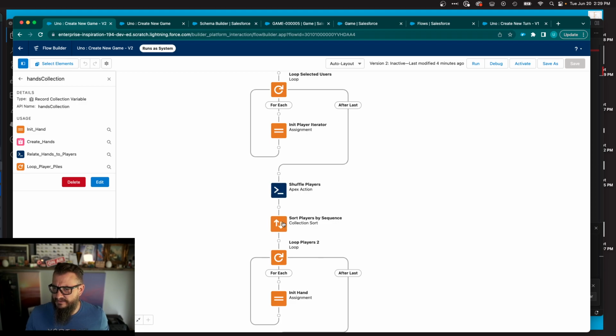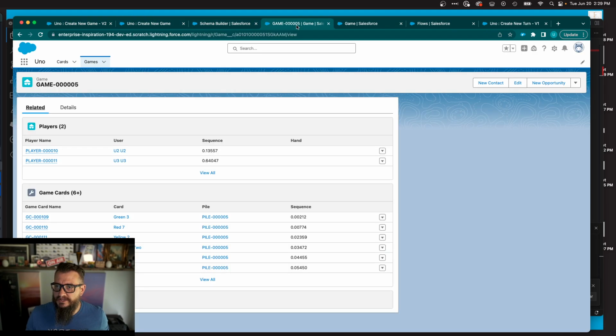Okay, so something didn't happen. We made our players. We did not assign them hands. I have a feeling that we have hands out there in La La Land, because perhaps our function of assigning the hands to the players didn't happen. Can we look at hands? Let's look at hands. Let's bring up the dev console